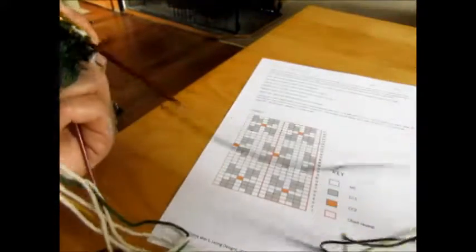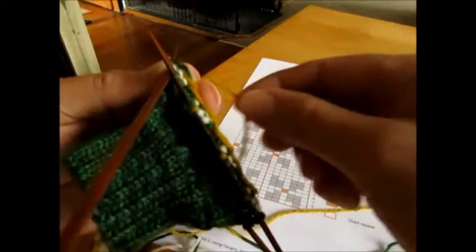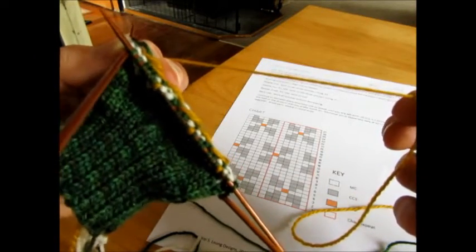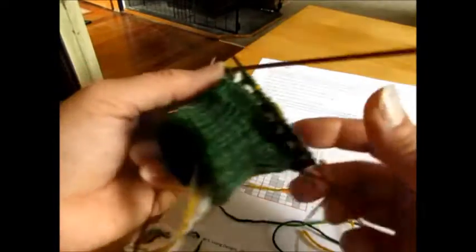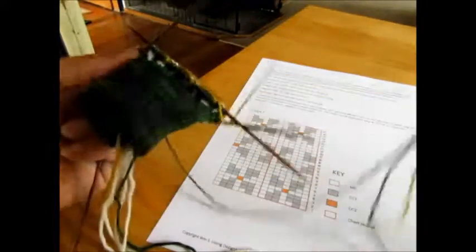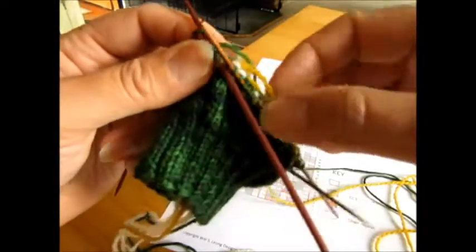And here's another tip. What I've done is I've cut a length of yarn in this color that about 14 inches long, or maybe 16 if you want to be very safe. It's only 1 row around, and being a sock, it's not a very long piece of yarn. But what that'll do is that it'll just keep things a bit tidier for you, and not so messy when